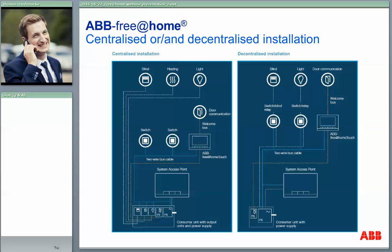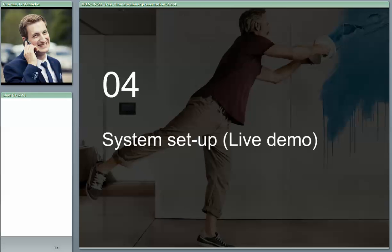But enough slides for now. What is more important is how easy it is, and to show you how easy it is to set up the system, we will now share a screen and a camera, which will show